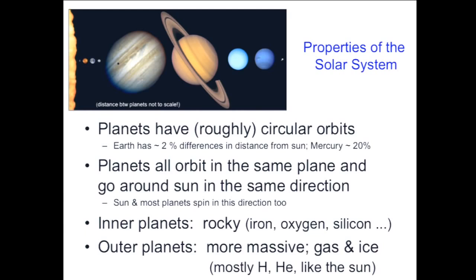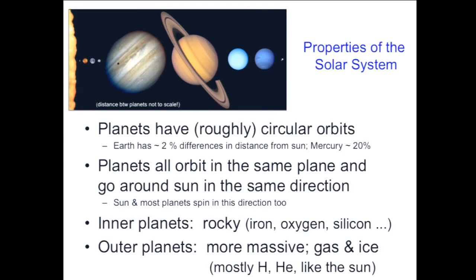One of those is that, generally speaking, the planets are on roughly circular orbits. Remember, in general, the orbits of planets are ellipses, kind of elongated circles. But in fact, most of the planets in the solar system are pretty close to circles. Circles are special in that for a circular orbit, the distance between the planet and the star is always the same. So one way to describe how close the orbit is to being a circle is to say how different the distance between the planet and the sun is over its orbit. That measures how elongated the orbit is.